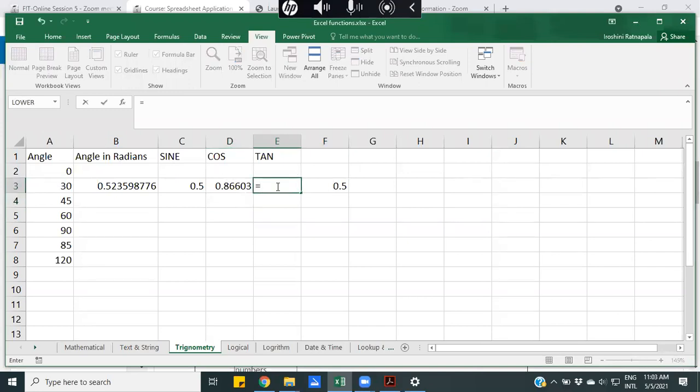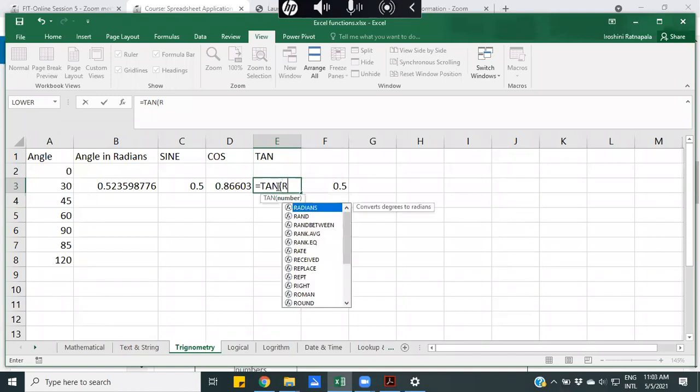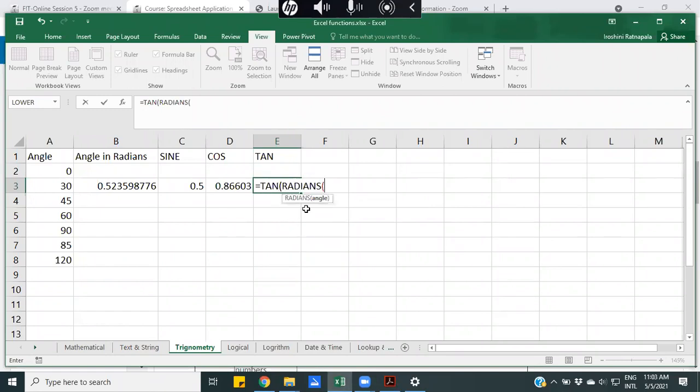Tan also works the same way. The outer function is tan, and the inner function is radians. Select the cell, close the correct number of brackets and press enter, right? That is how you can write a trigonometric function.